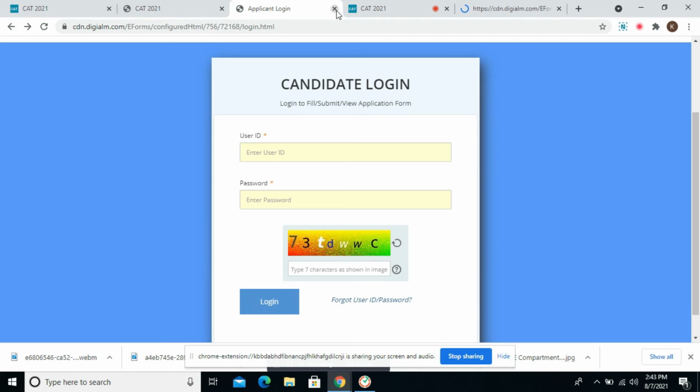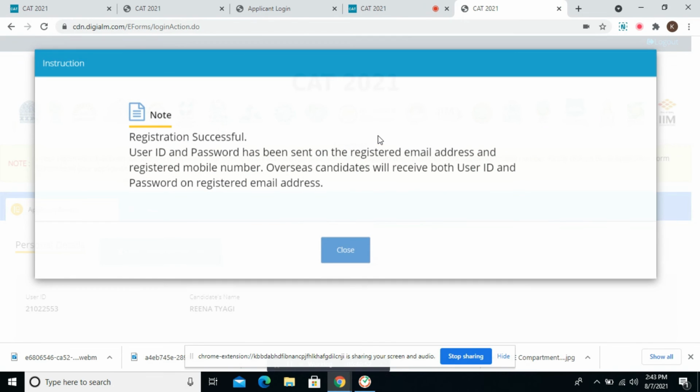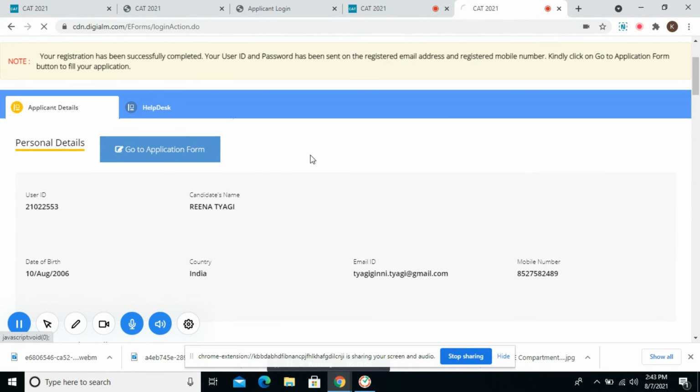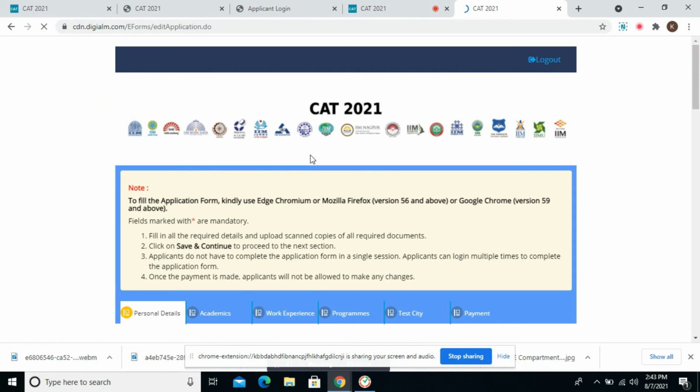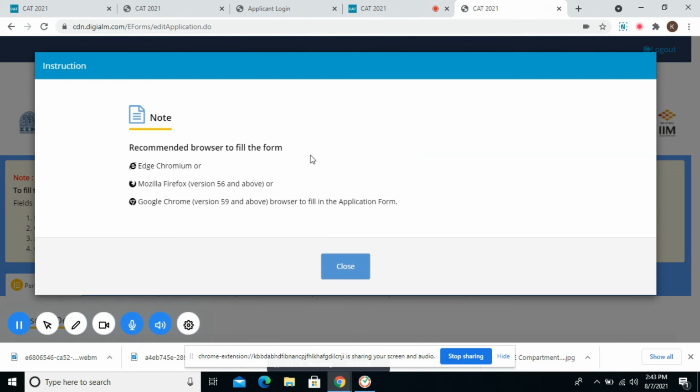Click on login. Now again it brings me to the home page where I started it all again. Click on go to application form. It will take 2-3 minutes for the IIM Ahmedabad domain to read all your details and show you the saved ones.